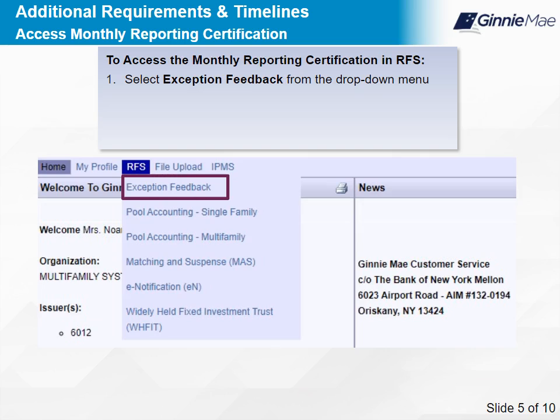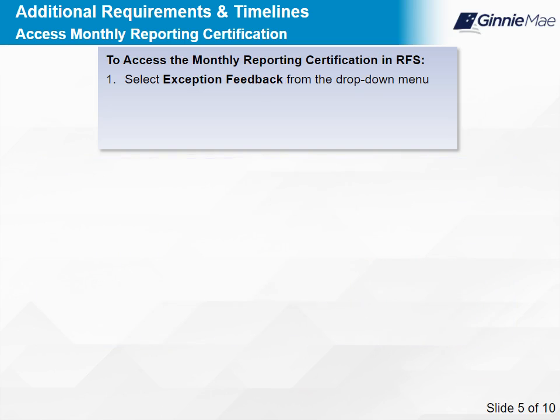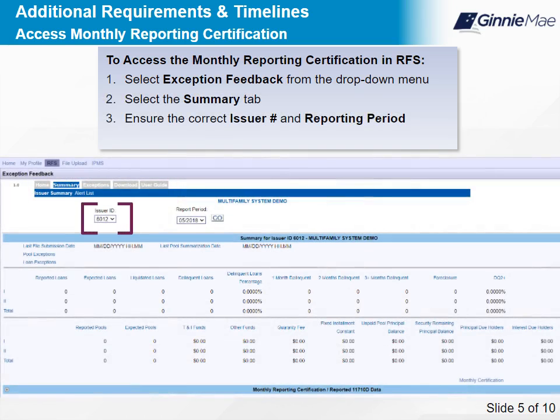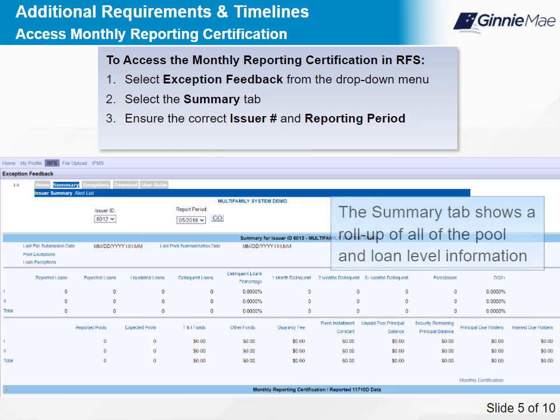Once you have navigated to RFS, to access the monthly reporting certification function, you will 1. Select Exception Feedback from the drop-down menu. 2. Select the Summary tab. 3. Ensure the correct issuer number and reporting period have been selected. Selecting the Summary tab shows a roll-up of all of the pool and loan level information that has been accepted from file upload or manual entry for the current